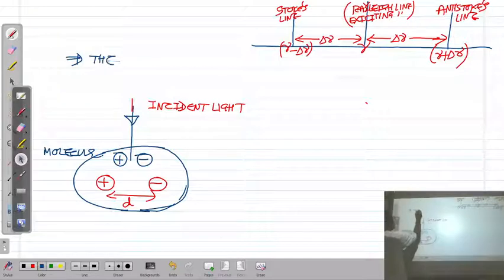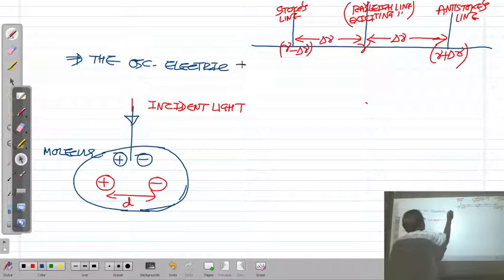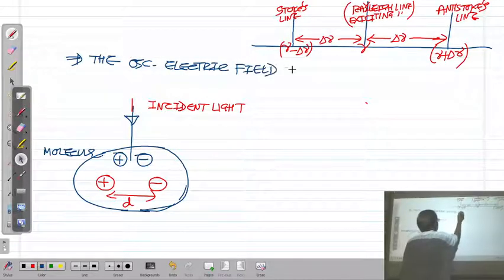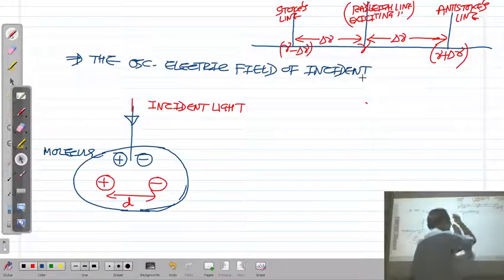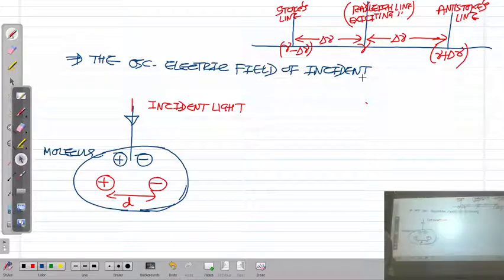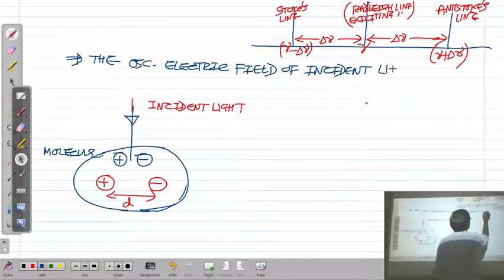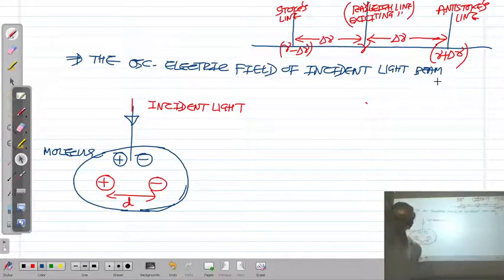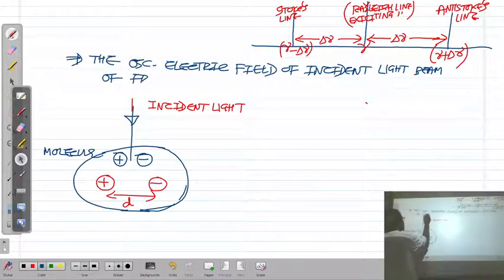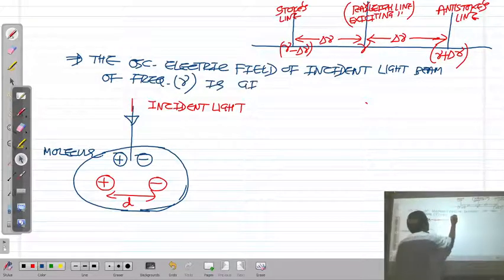The oscillating electric field of the incident light wave of frequency nu is given by